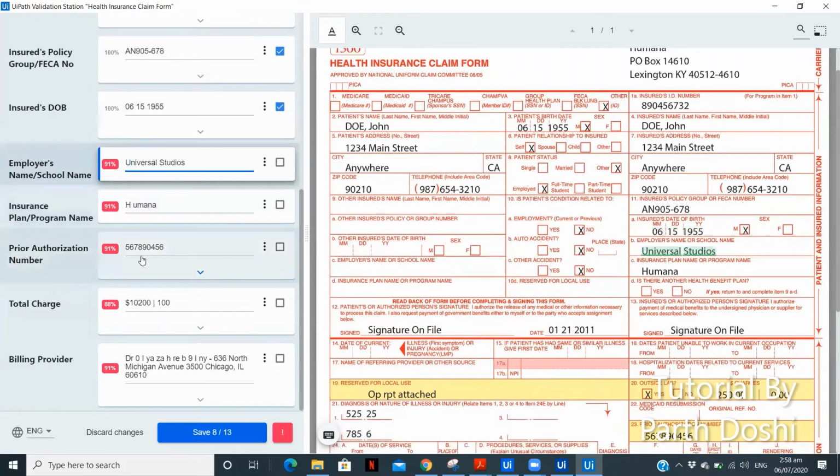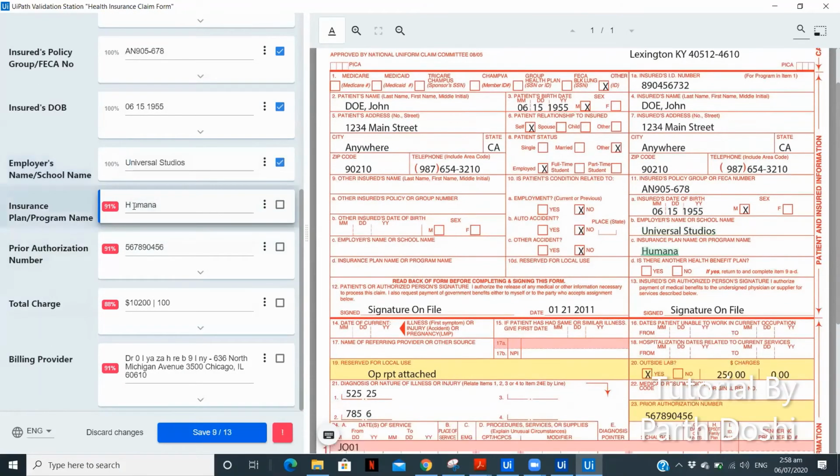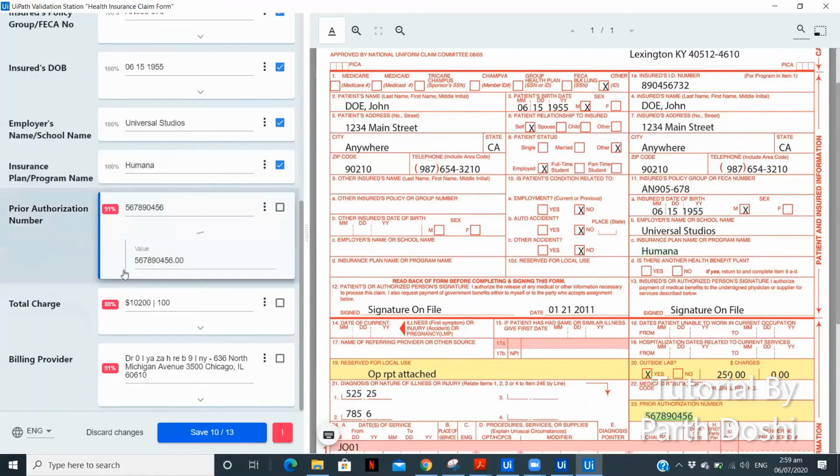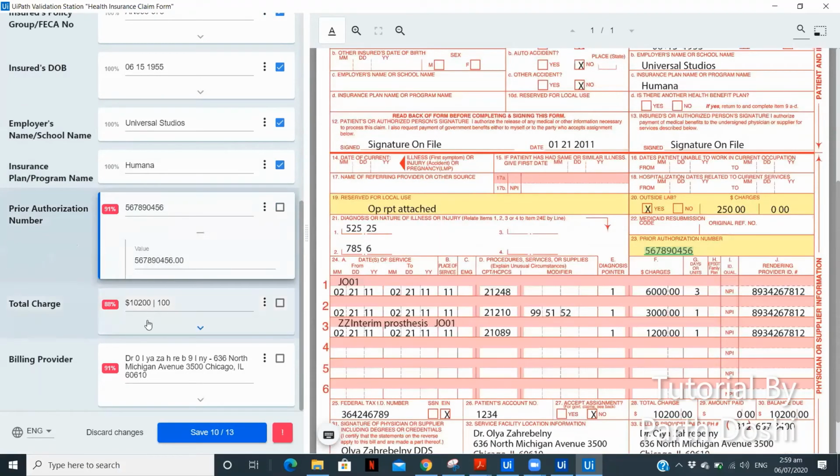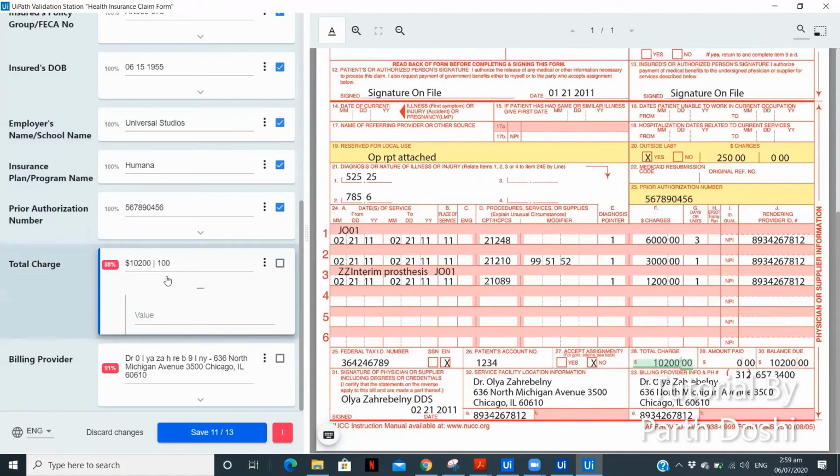Now we have Universal Studios. We have this proper, we have a space over here. So the complete word we have, but there is just an extra space. We have this properly extracted with us. And now here, as you can see, this small field highlighted over here, the cursor, that particular dotted line got extracted as 1 over here. If we remove this, we have the same format and we have dollar, so that is required.